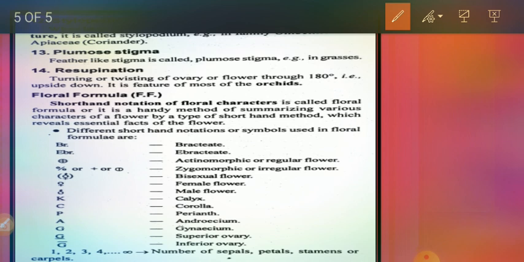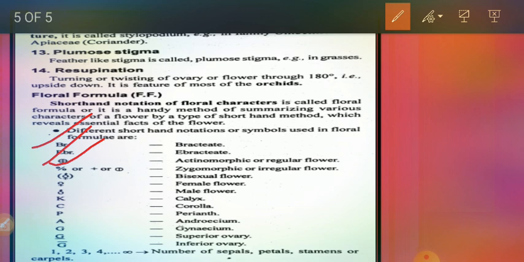So, first of all is BR for bracteate. We just see whether a flower has the bracteate present or absent. When the bracteate is present, we denote it as BR, but in case it is absent, then it is ebracteate, that is EBR. Then actinomorphic, I have already told you, actinomorphic or the regular flower,